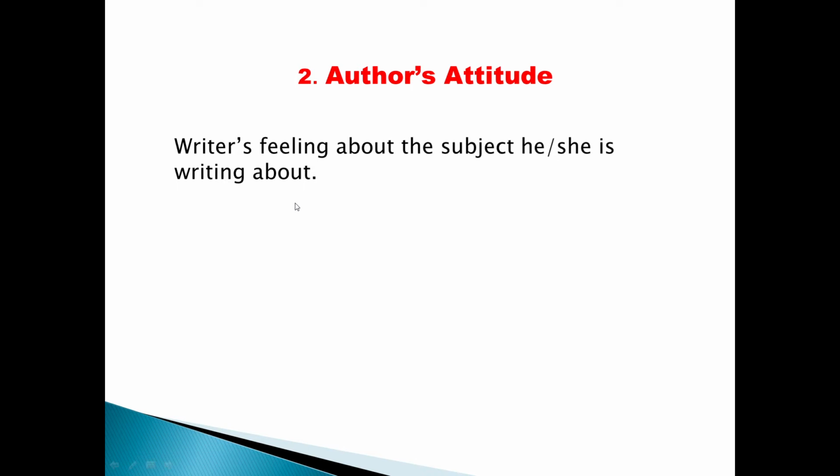I want you to think about when somebody uses a specific tone of voice. For example, if your mother were yelling at you, she would have an angry tone of voice, isn't it? There can be modulation in her voice, and even the words that she chooses to shout at you will be different. So this is the tone of a voice. However, in literature or a piece of writing, you won't hear how somebody sounds, isn't it? So you have to determine the tone that is being used in the writing.